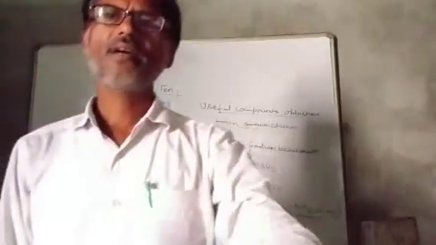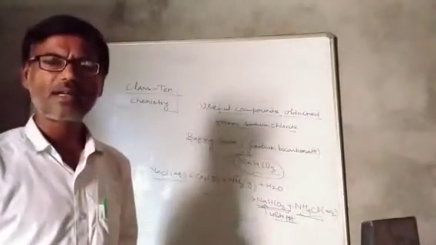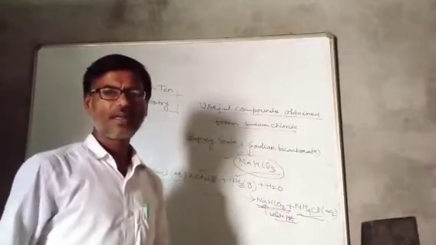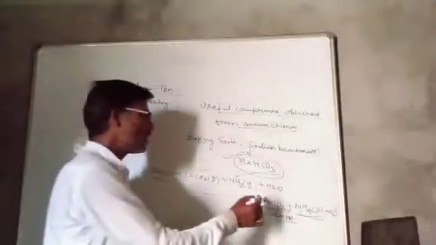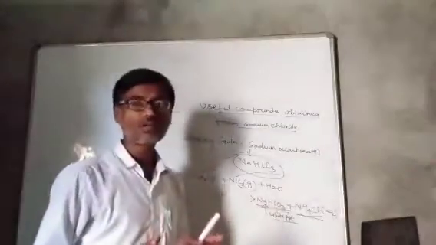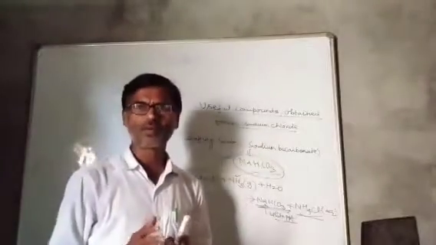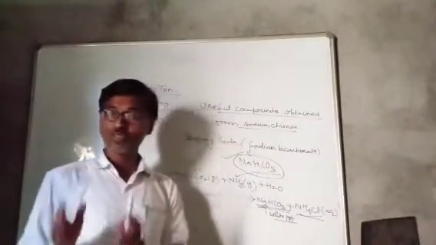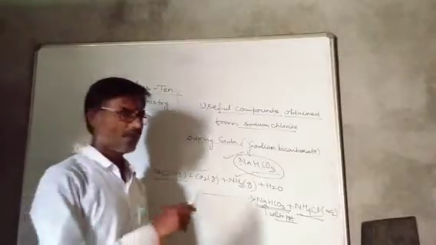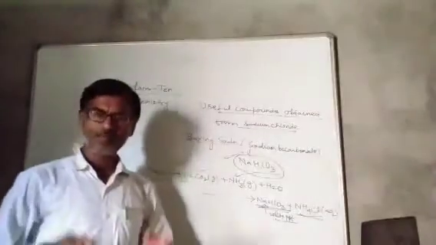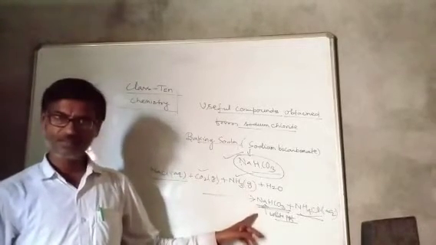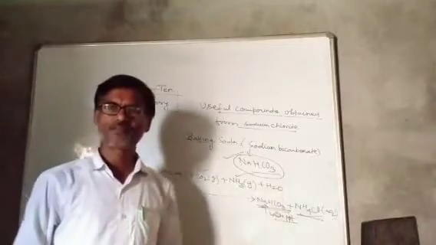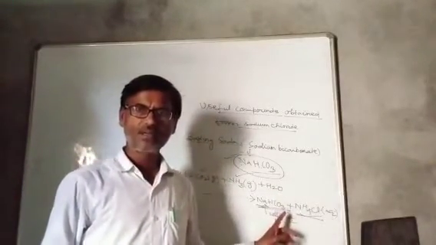Of the two products, sodium hydrogen carbonate and ammonium chloride, ammonium chloride is soluble in water and forms an aqueous solution, while sodium hydrogen carbonate is sparingly soluble in water, slightly soluble, meaning almost insoluble. So it forms a precipitate, and the precipitate can be separated by filtration. It is filtered and dried to obtain baking soda.